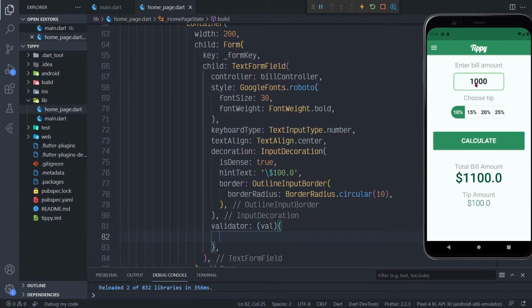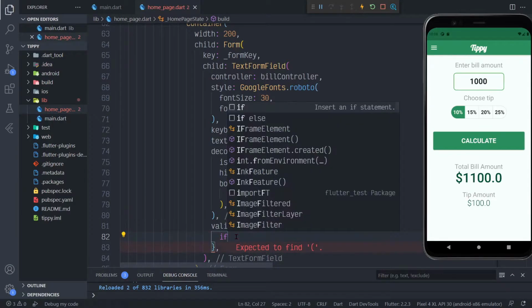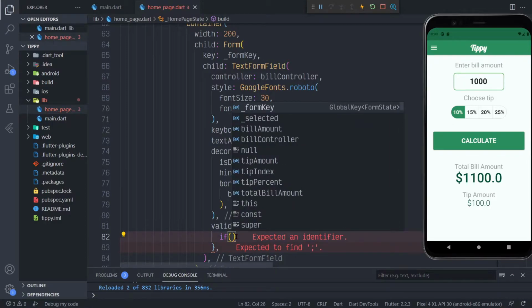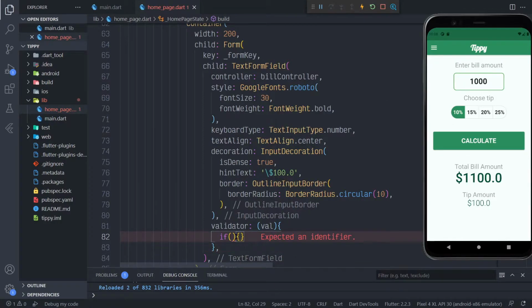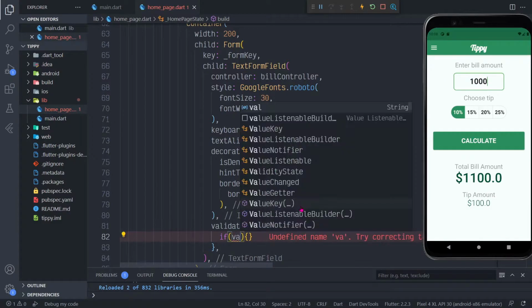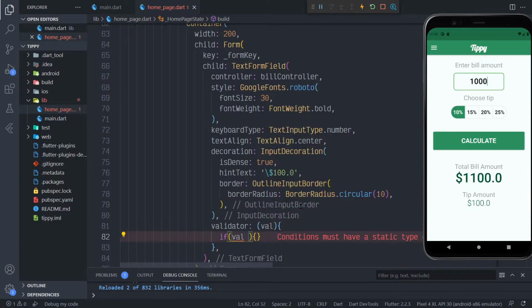So what I'm going to do is say that if the value that we have in here corresponds to whatever the user gives us, so in case it's 1000, we check whatever our controller brings. So if the value is equal to null,